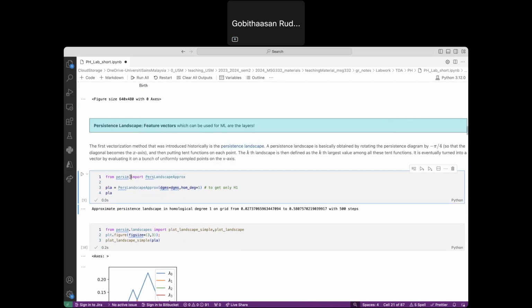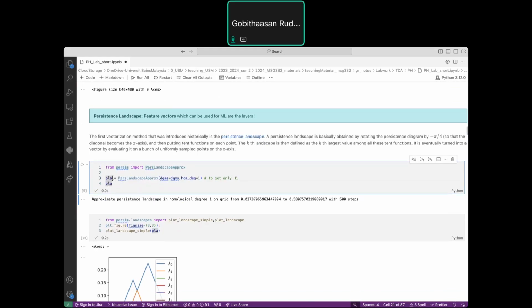Right, so as I told you earlier, we need this package called persim in order to convert your persistence diagram into a persistence landscape. We denote PLA to represent the landscape, and from this persim package we import PersistenceLandscapeApprox. That is what the function means, persistence landscape approximation, and the diagram that we have extracted earlier, and homology degree 1, which means we just want to use H1's information to represent the persistence